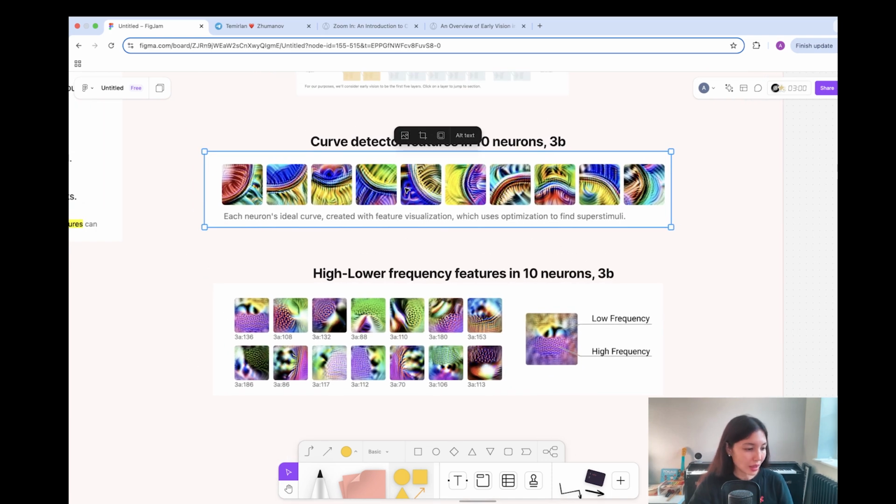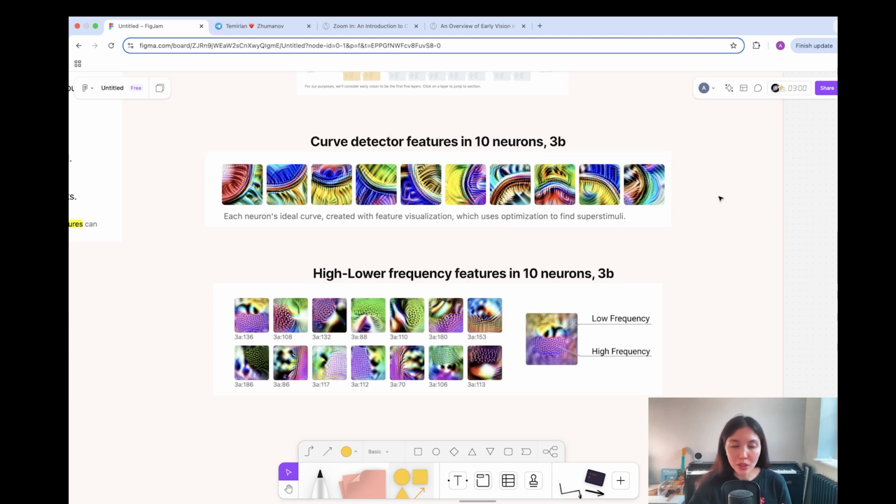So this feature visualization of the neurons is achieved by formulating the task as an optimization problem with the objective to find specific input that causes a single neuron to fire as strongly as possible. This is done by starting with a random image and using gradient-based optimization to tweak the image pixels.